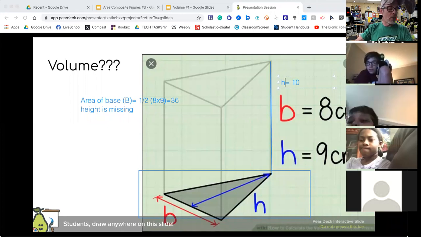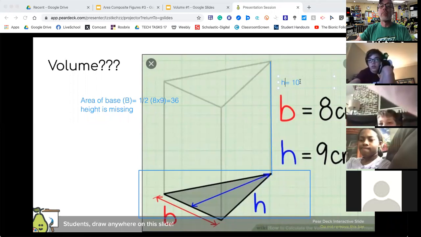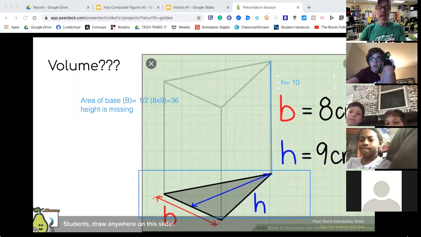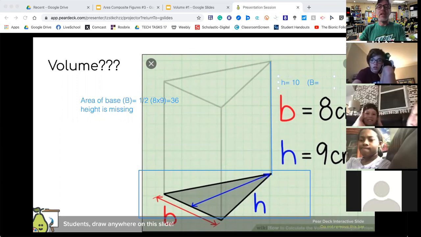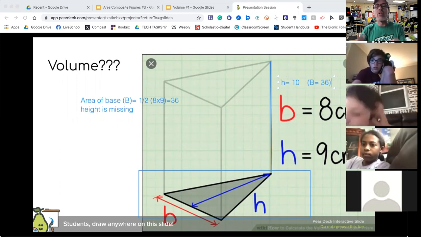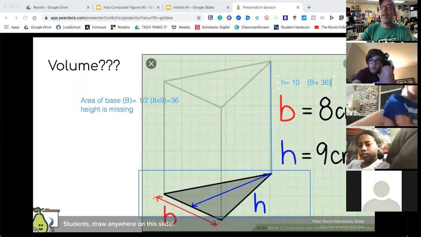On your drawing, tell me now what is the actual volume of this triangular prism. The height is 10, and the area of the base is 36. And remember, I'm using a capital B there because that's the